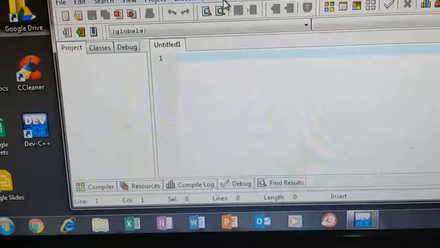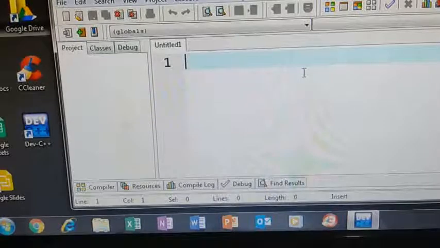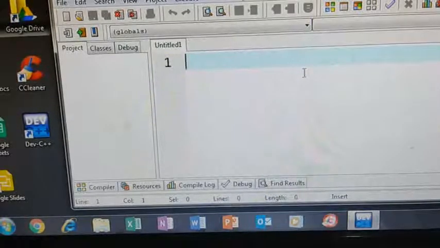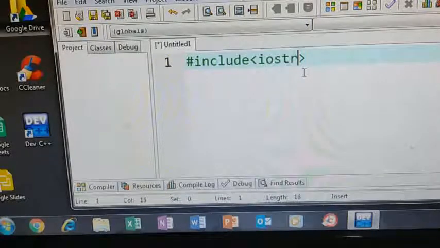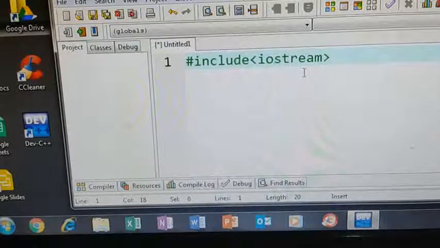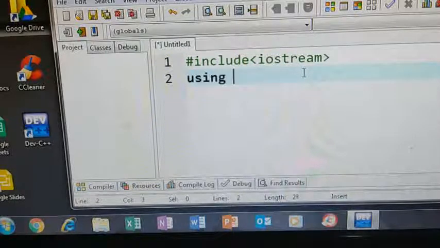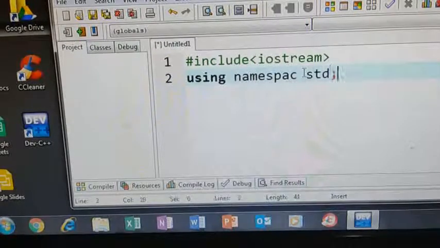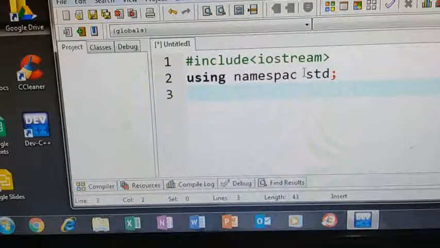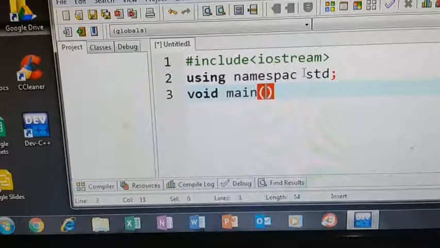Here you type the program: #include <iostream>, next line, using namespace std; next, here I am using a main function, void main.